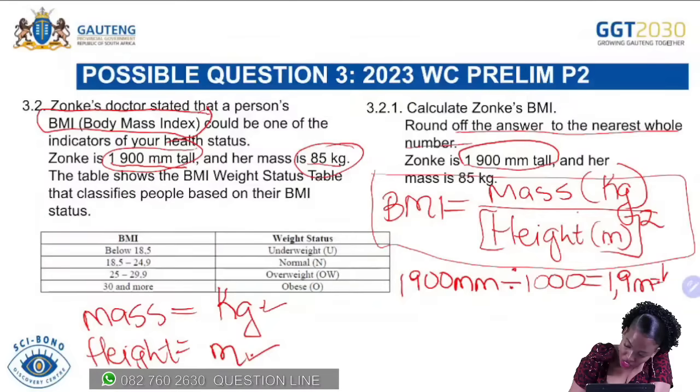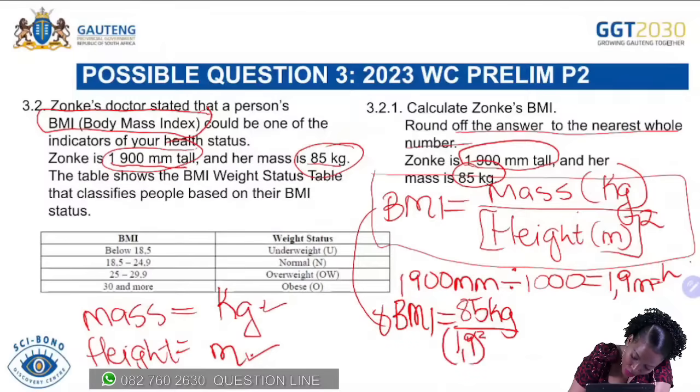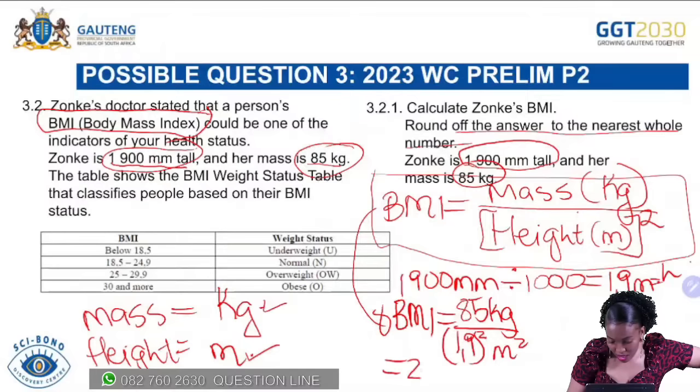So this is our height. We are happy. Now let's substitute into the formula. We'll say BMI equals the mass. What is the mass? It is 85 kg over, what is the height? It is 1.9. Remember, the 1.9 must be squared, and then the meters will also be squared. And then we punch in the calculator: 85 divided by 1.9, but the 1.9 must be squared. So the answer that I'm getting there, I'm getting